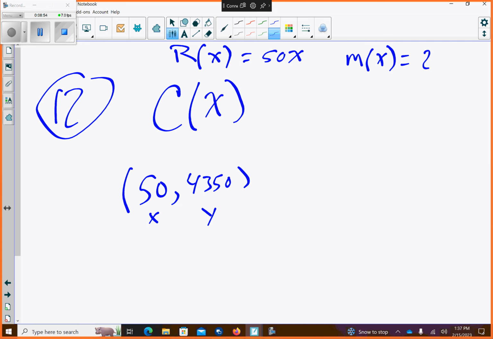So marginal cost is 27X. All right, so let's figure out,